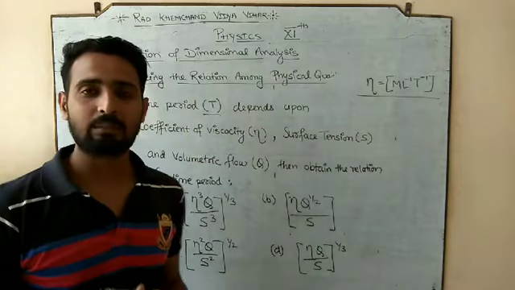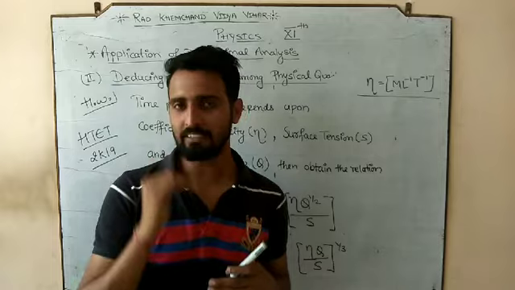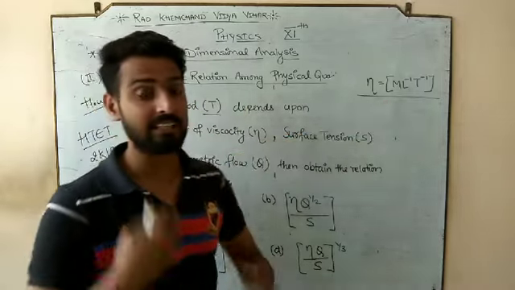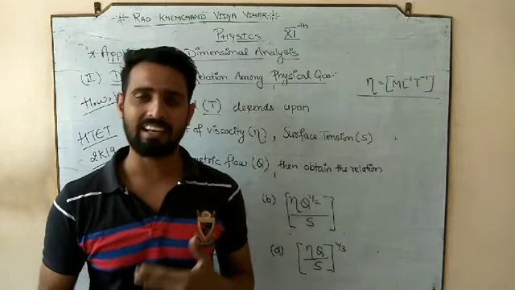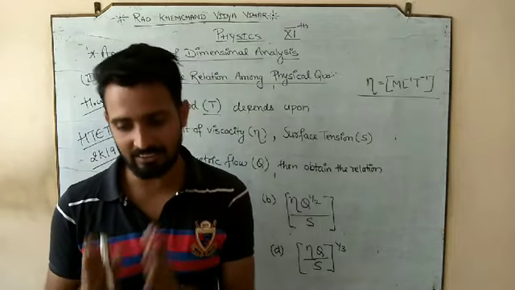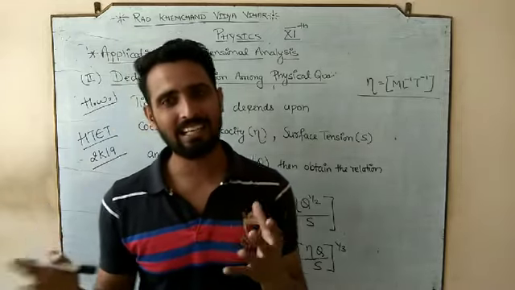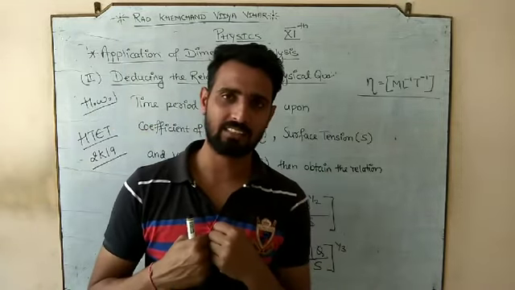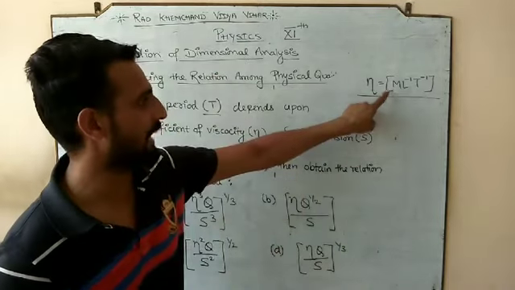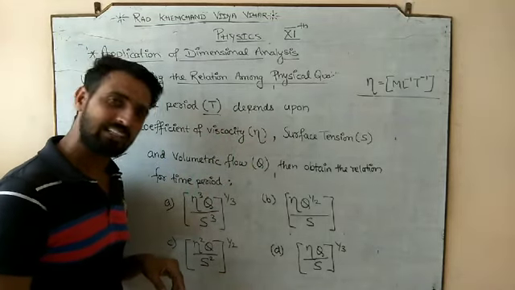And you remember in the previous lecture I asked you, after the 28th dimension, to leave 10 spaces, and among them you will note it down. We said that as soon as we work on the numericals we get to know most of the new quantities, and we will note them down, because this chapter includes the whole 11th and 12th. So all the dimensions cannot come in a single lecture, and we will gather them slowly. So you will gather your 29th dimension, coefficient of viscosity eta, ML^-1 T^-1.